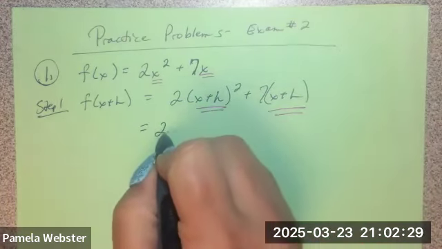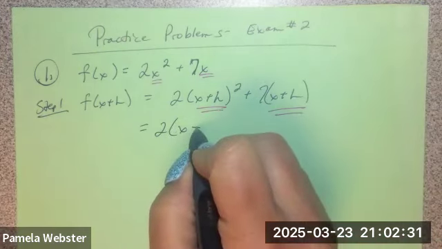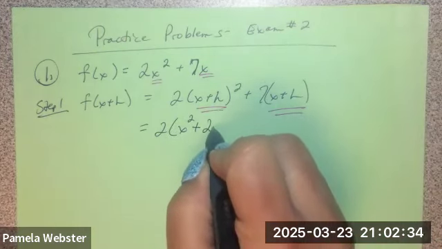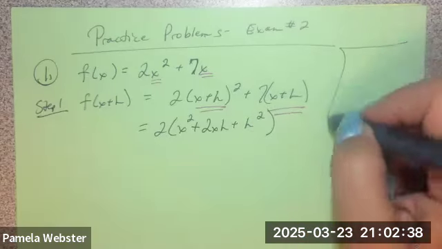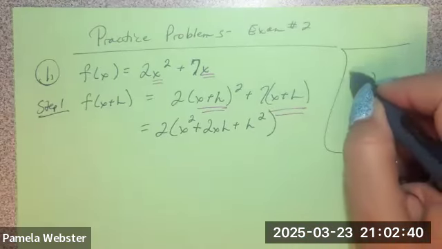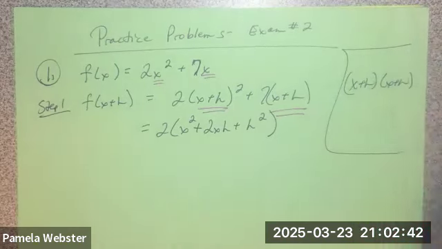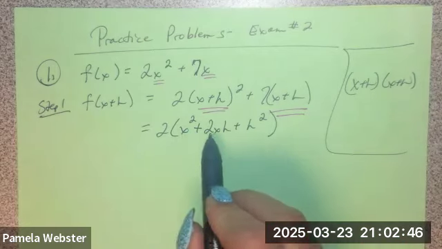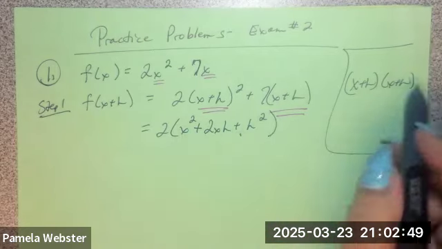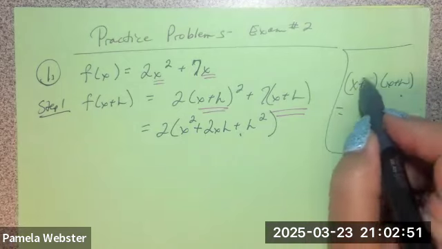Okay. x plus h times x plus h. If you know it, you know it. And if you don't, you'll need to multiply it out, right? x plus h squared is the same as x plus h times x plus h. If you know what that looks like, it's x squared plus 2xh plus h squared. If you don't, then take your time and FOIL